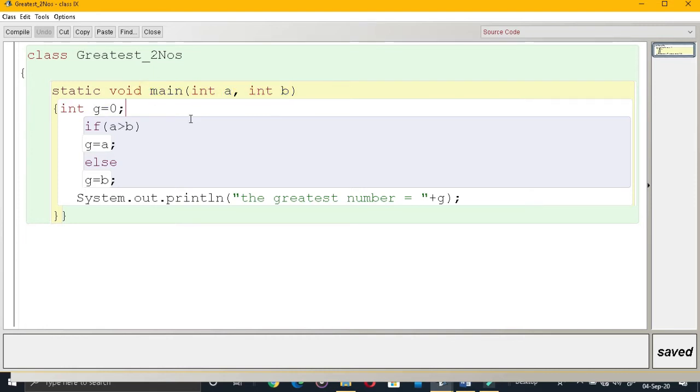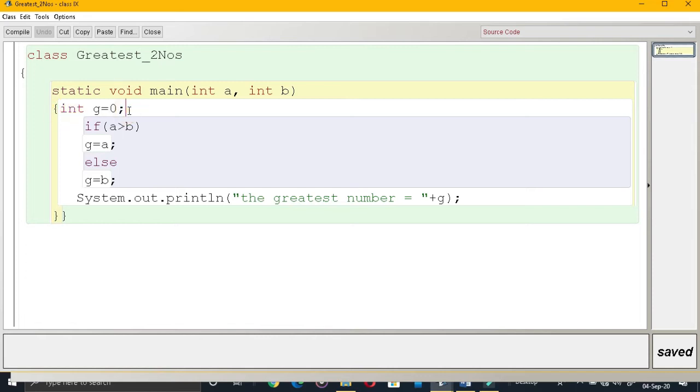So I am asking two inputs, the value of A and B. This A and B you will be getting during the run time of your program. And this is a variable I have initialized to 0. You need to always initialize variables to 0 because without initializing variables, you cannot use these variables in Java. So before the usage, you need to initialize the variables. Now you may have certain doubt, what is initialization? Initialization means giving the basic value or starting value to a variable. I have given the starting value as 0.